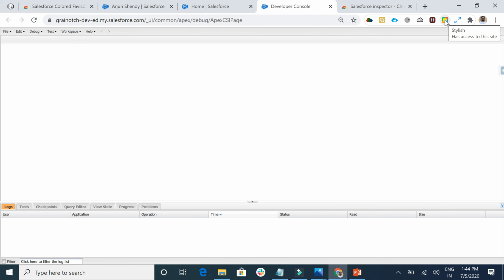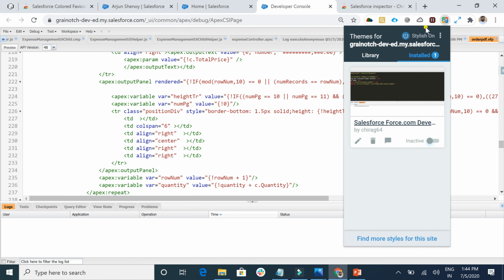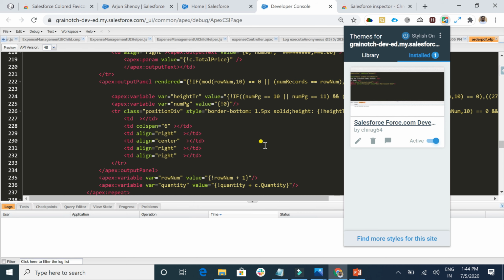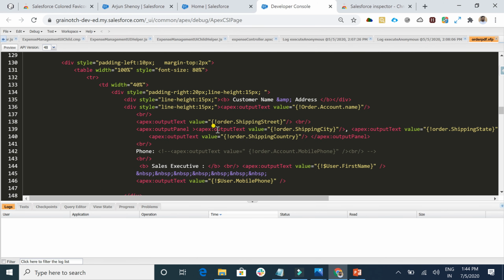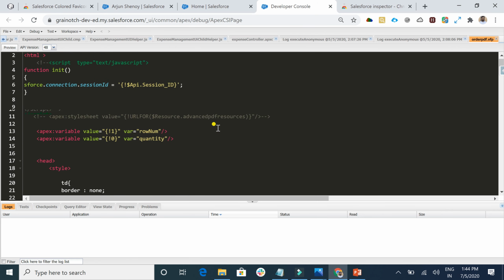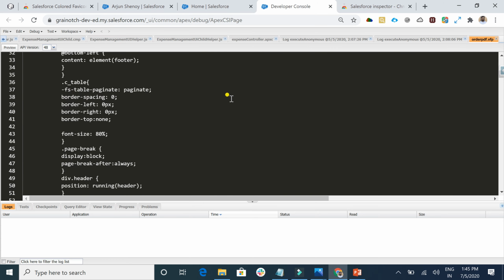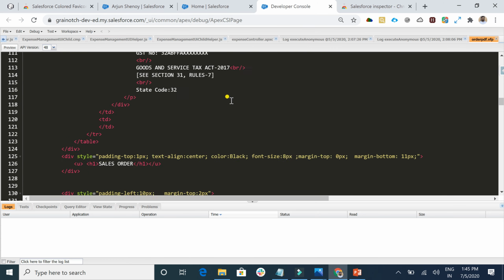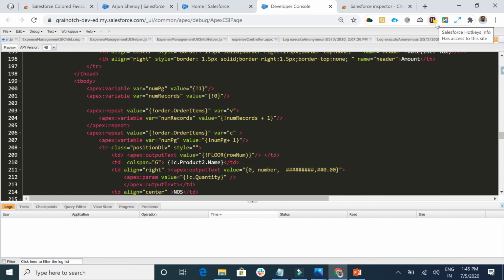Now I am running this Google extension called Stylish. So if I activate this, my developer console will be moving in the dark mode. So it is very pleasant to see my code in the dark mode and very impressive. This Google Chrome extension is very awesome. Right guys? So again I'll be moving to my